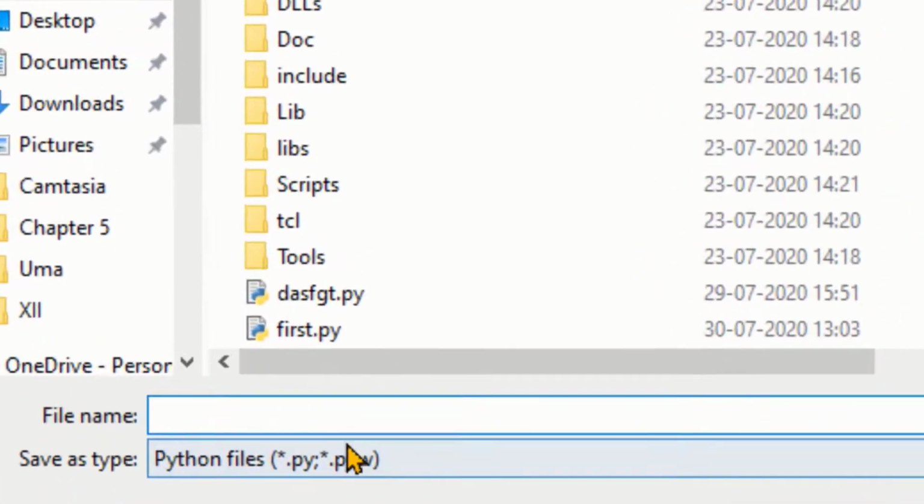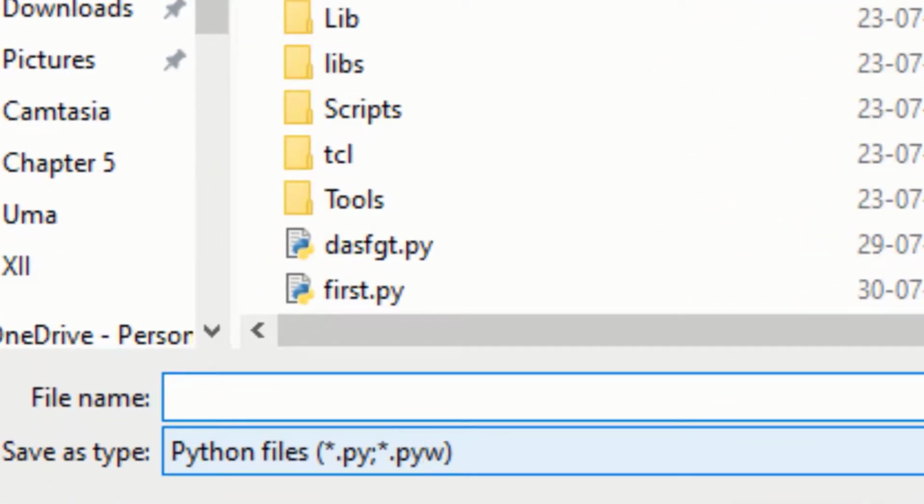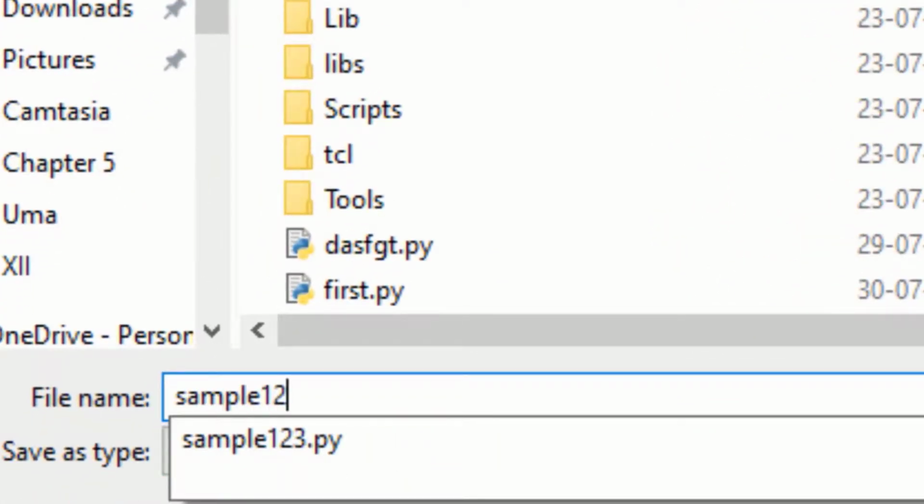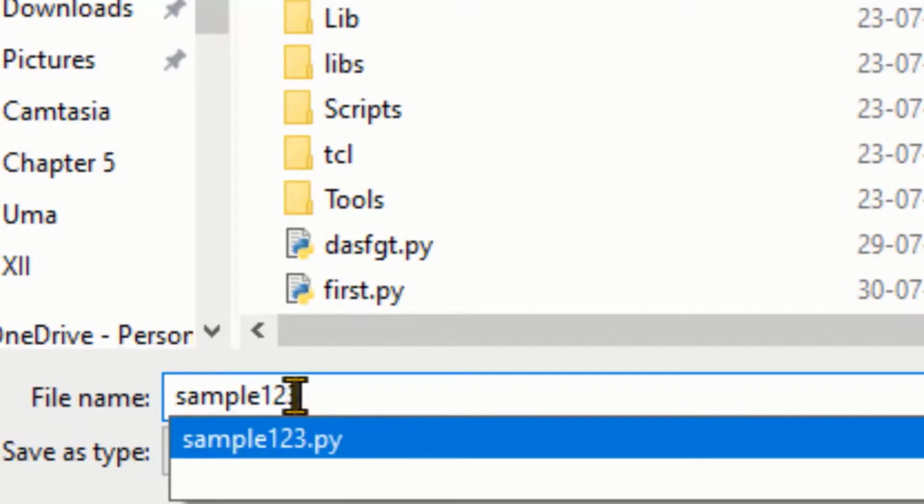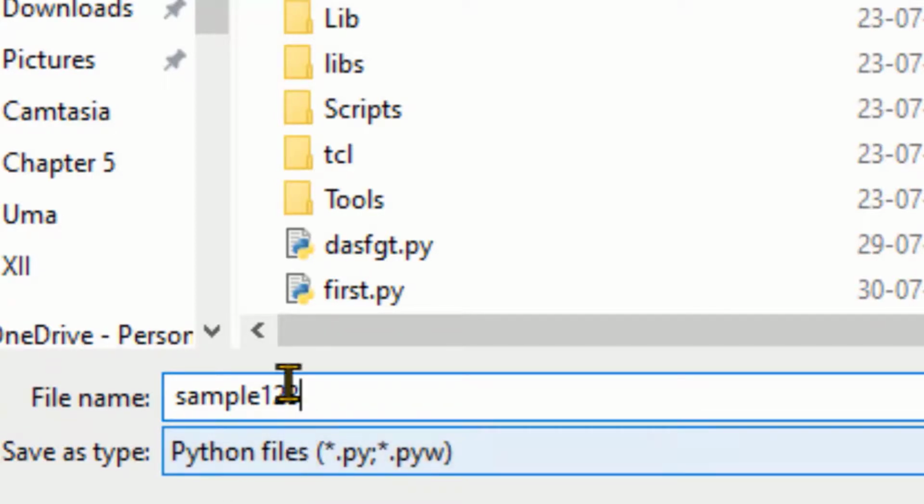Each time after editing the coding we have to save the file, then only the compiler will execute it, or else whenever we try to execute it, it asks with a command to save the program. So better we save the program and then execute it. While saving, by default the Python file gets saved with the .py or .pyw extension.